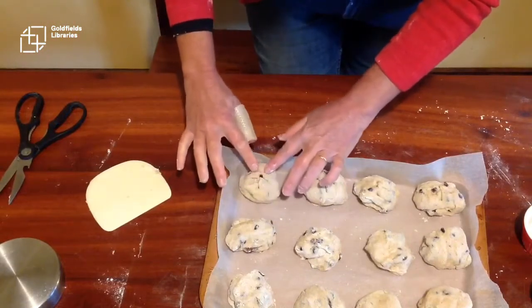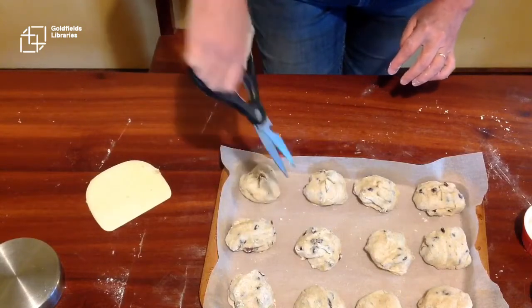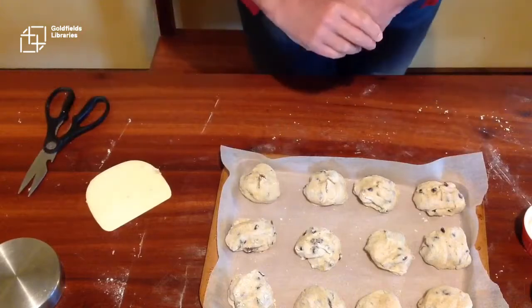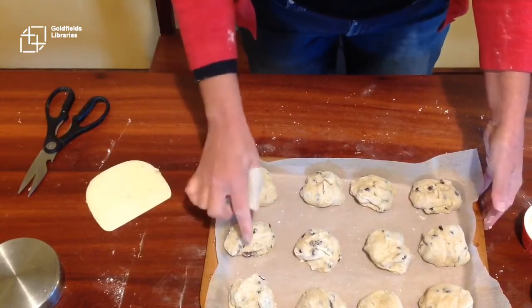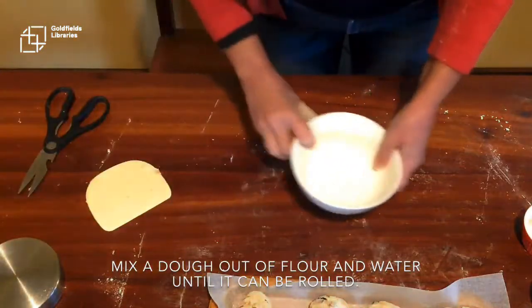That's an old-fashioned way of doing a little cross, and as the bread rises, the dough rises again, the little cross will be there. That's probably not how you buy hot cross buns now. They have a little cross on them. So we're going to make a little cross, and we just get